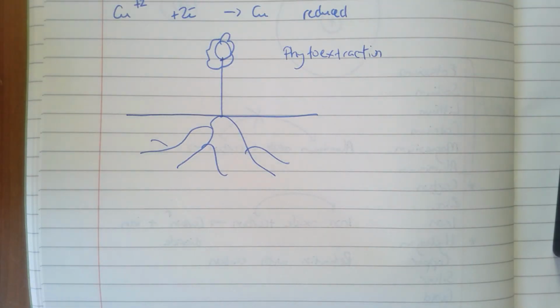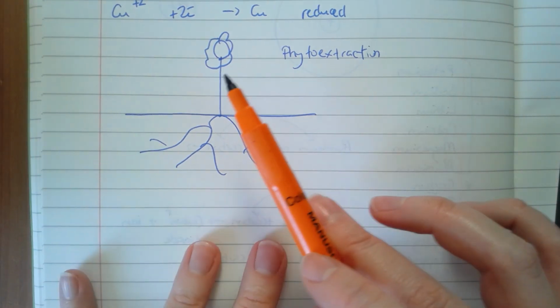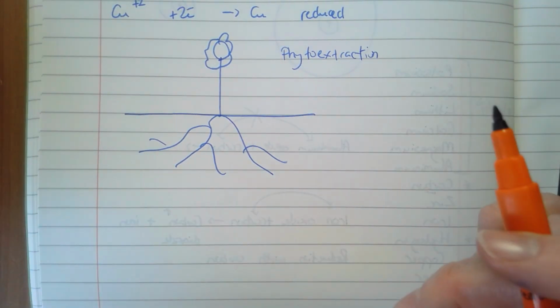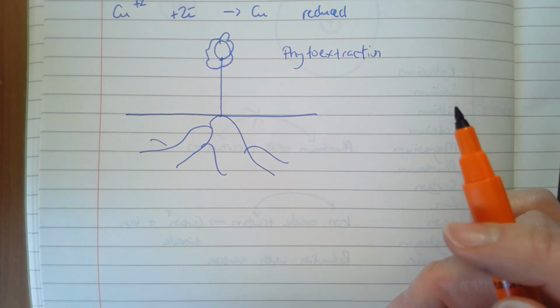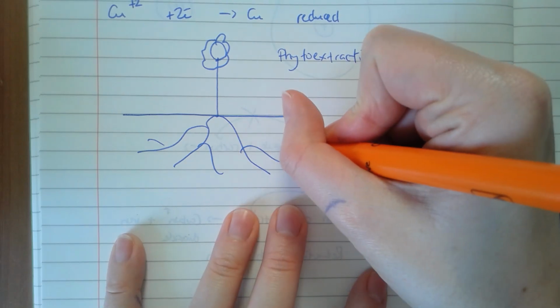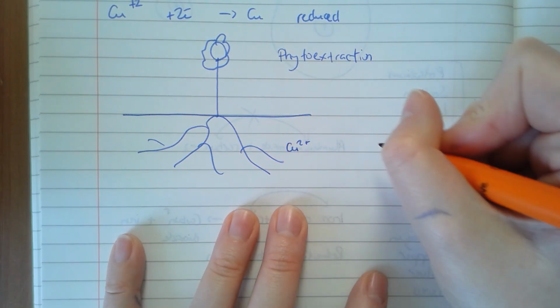Alright, so the last little bit about the biological methods of extraction. So what I've attempted to draw here is phytoextraction. It's basically when you plant some trees on soil that contains low-grade ores. So ores are rocks that have metal ions in them. And what will happen is, because you've got metal ions, say for example you've got copper ions in the soil,